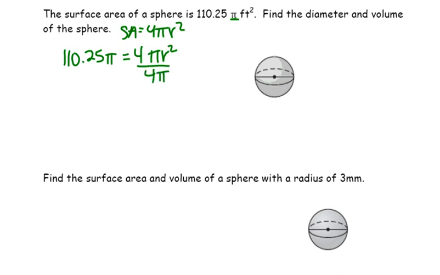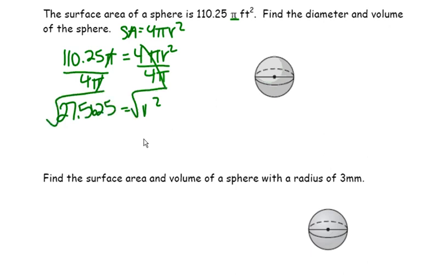Divide both sides by 4 pi to get rid of the stuff in front of r. So we get r squared. Here my pi's cancel. 110.25 divided by 4 equals 27.5625. Take the square root of both sides to find out what the radius is, and I find out that my radius is 5.25 feet. All right, so that means my diameter is twice that, so my diameter is 10.5 feet, and my